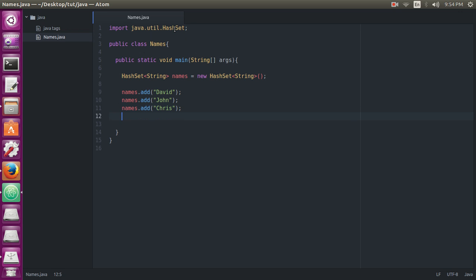Now first we will print the size of this HashSet, concatenating the size, names dot size function. So the size function returns the size of the HashSet.